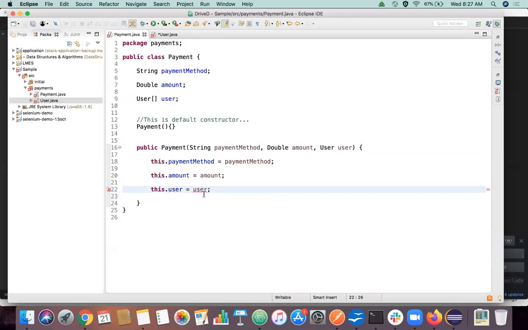So now it's showing some error, right? What error is showing? Type mismatch, right? Whatever we pass, this user is a single object. Whatever we pass, we need an array type. So what we have to do, we have to have some methods to assign a particular array value to a particular object, right? So for the sake of simplicity, what I'm going to do, I'm just going to declare this user as a particular value, in the sense, I'm going to just declare this array of the size 2.